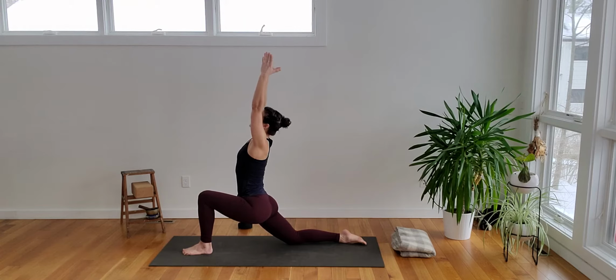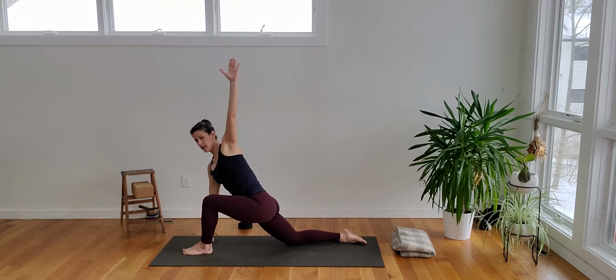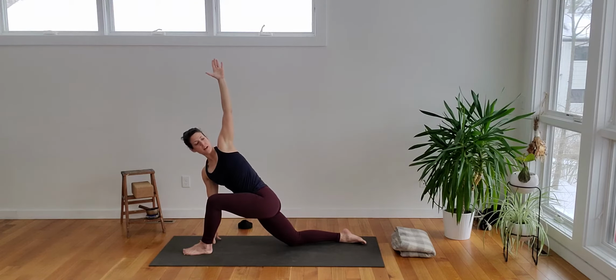And then on an exhalation, we're going to put the left hand down and twist. Rotate from your waist, reaching up with the right arm. Good. Every time you exhale, see if you can get a little more rotation up the spine. One more breath in. Exhale,